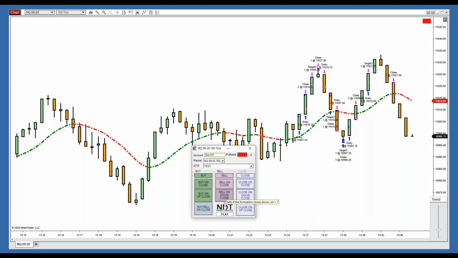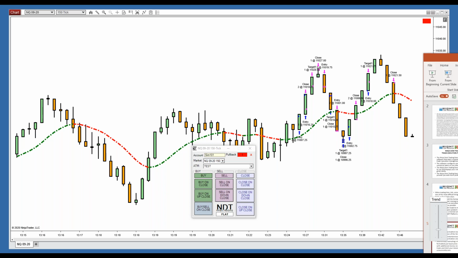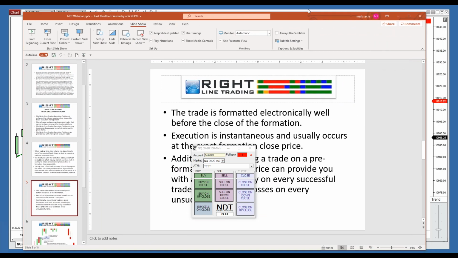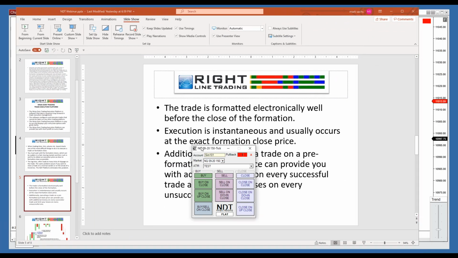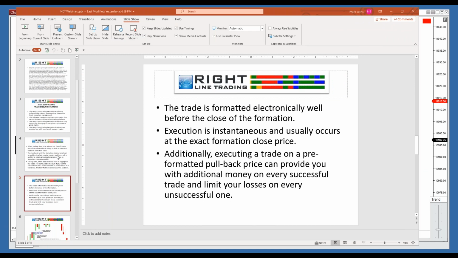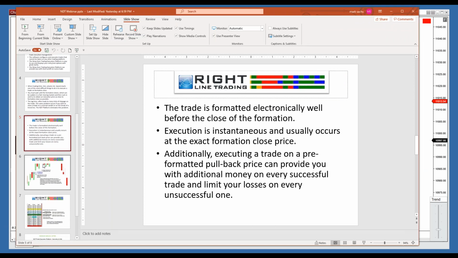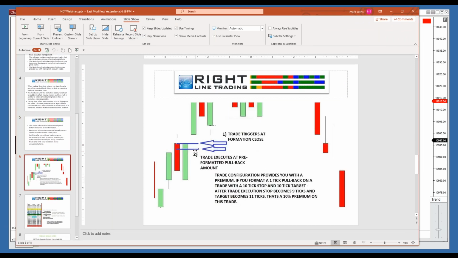Now I have on slides exactly what it's looking for. Let me find the slides just to make it very, very crystal clear. If I could find them. I think they're right here. Now, this could be a very, very advantageous trade. Now, what it is, and I don't even have the set exactly right, but